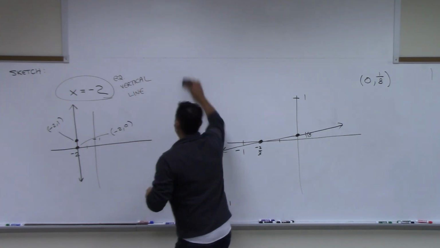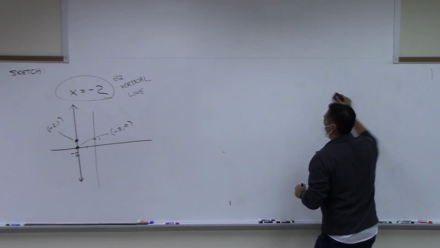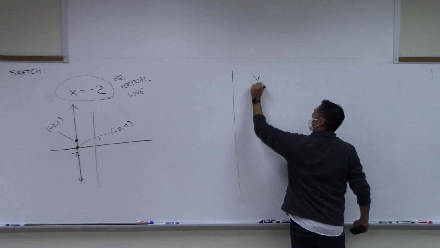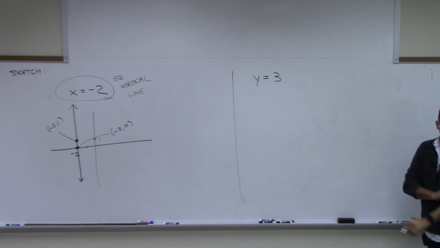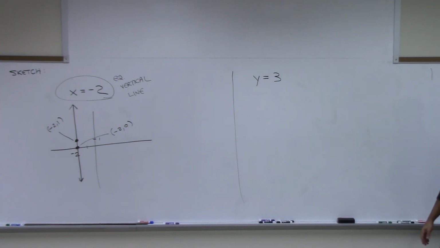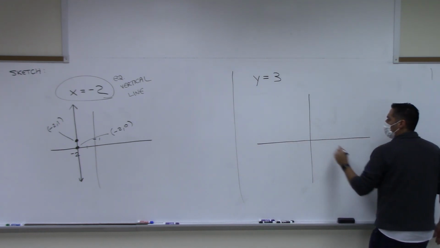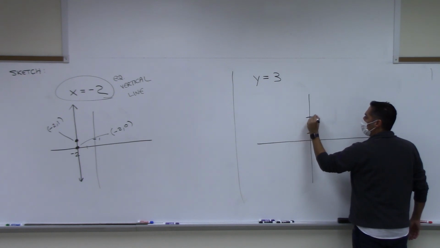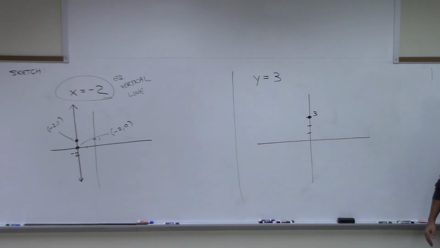What do you think the equation of a horizontal line is? Yeah, y equals a number, right? So let's do that. How about y equals 3? If I give you that and I say, hey, sketch this line. Well, you go through the same process. You say, okay, well, y has to be 3. So I go up 1, 2, 3 on the y-axis, put a dot here, right? That's y equals 3. And then any point that I pick that has a y coordinate of 3,